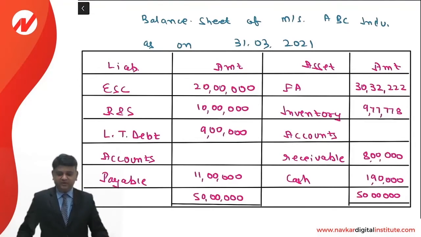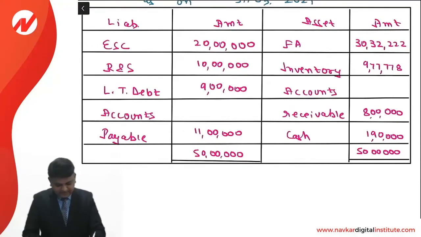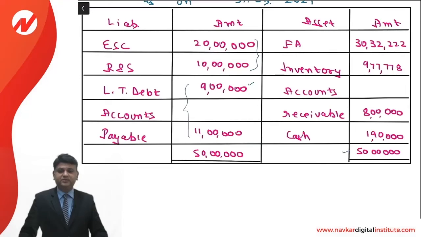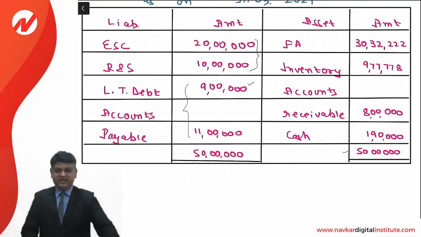Certain ratios which have been given to us, debt to total assets ratio, that you can see it is matching over here. Debt is considered to be the total debt, that is an amount of 20 lakhs divided by 50 lakhs, that comes to 40%. Long term debt to equity ratio, wherein this is 9 lakhs, 9 divided by 30, that comes to 0.30. GP ratio 20%, that was calculated for the purpose of calculating sales. Debtors, that is average collection period 36 days, quick ratio, and so on. The values have been used by us.